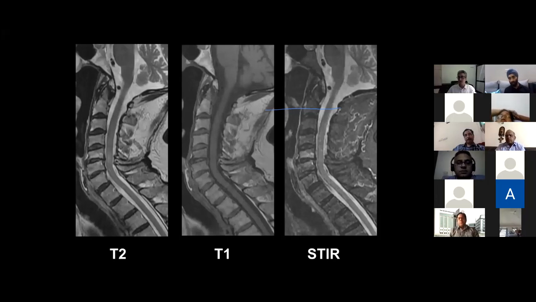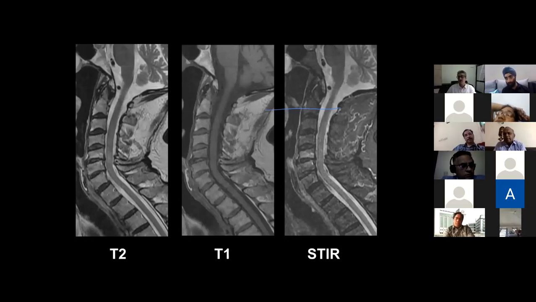I think you mostly use gadolinium as a contrast. Yes, it is more sensitive for infection. The infected tissue will pick up more gadolinium than other tissues. Is that so? No, even tumor will pick it up. All will pick up, but their morphology of picking up will be different. There will be a difference in the way it picks up.